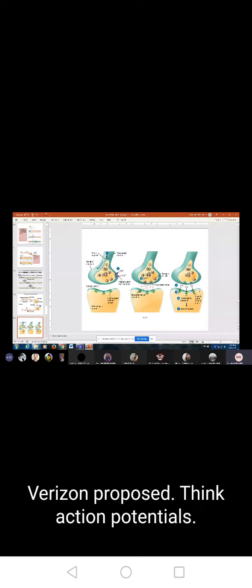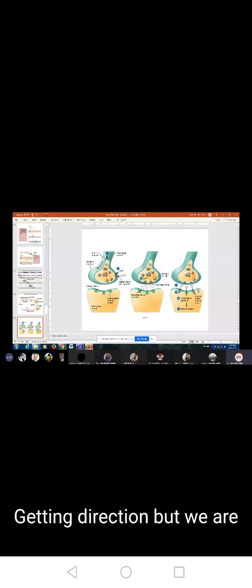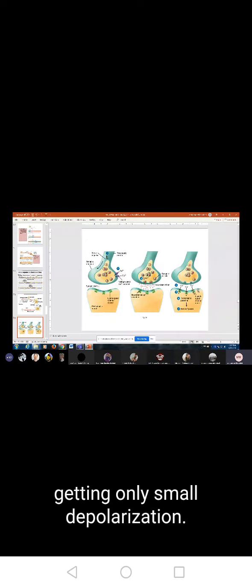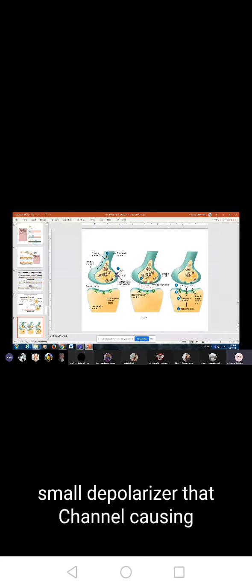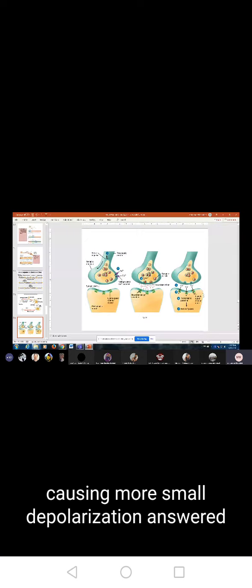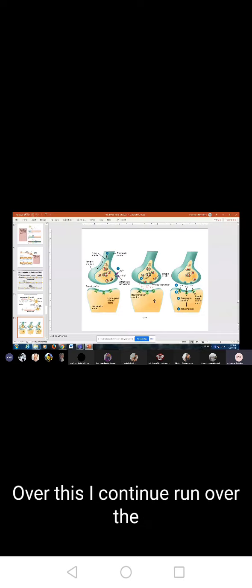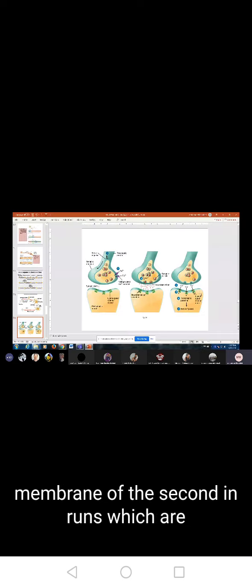Are we getting action potentials? No, we are not getting an action potential. We are getting only small depolarization. Each channel may cause a small depolarization. That channel causes a small depolarization, that channel causes more small depolarization, and so on. So we are developing potentials over the membrane of the second neuron, which are called